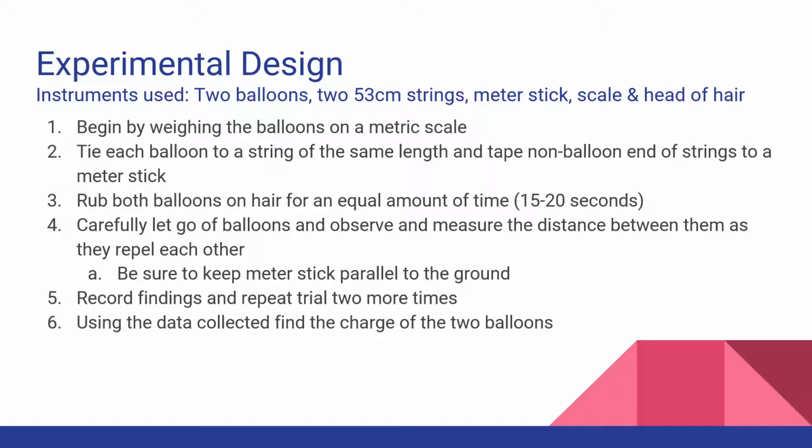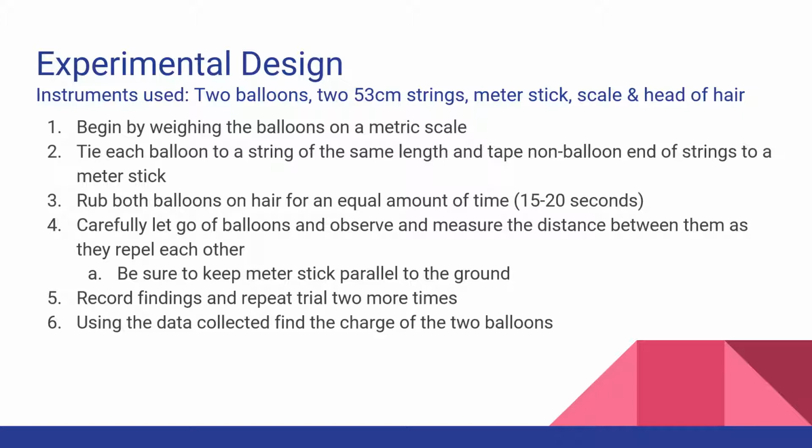For experimental design, we use two balloons, two 53-centimeter strings, a meter stick, a scale, and a head of hair. Step 1, begin by weighing the balloons on a metric scale. Step 2, tie each balloon to a string of the same length and tape the non-balloon end of the strings to a meter stick. Step 3, rub balloons on hair for an equal amount of time, around 15 to 20